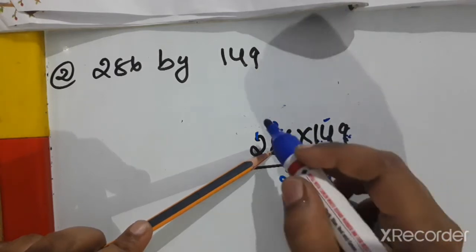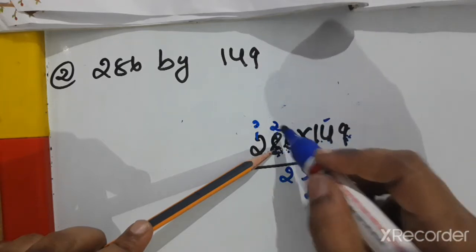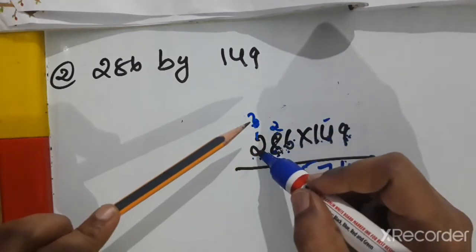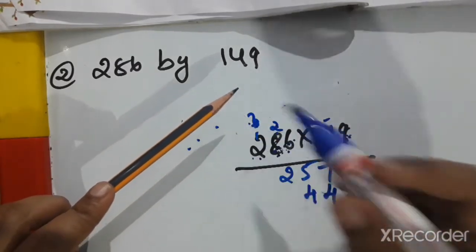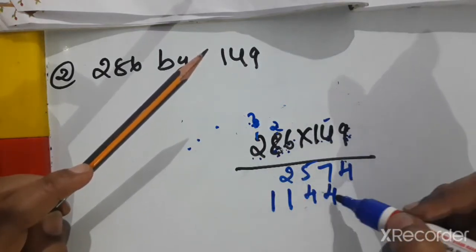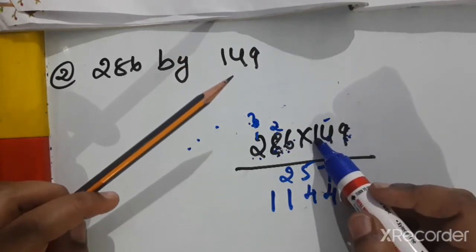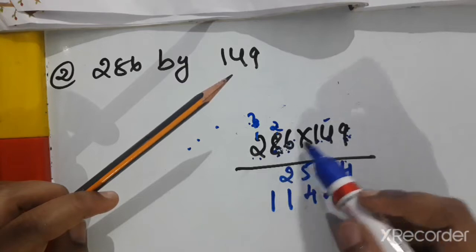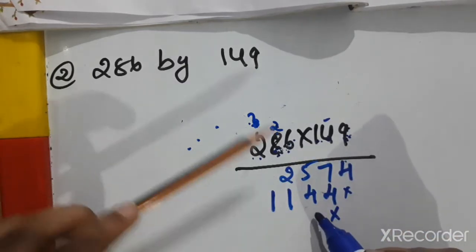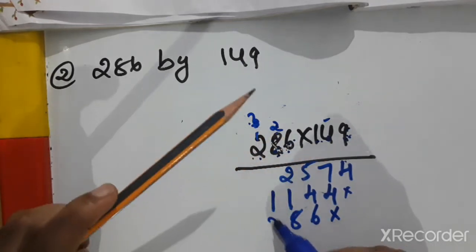So 4 here and 3 carry out to next place. 4 2s are 8. 8 plus 3 is 11. Okay, with 9 multiplication is over, with 4 multiplication is over. So it means we have to leave one place and write. And with 1 we have to multiply 1 into 6, 1 into 8, 1 into 2. So leave one space and continue. 1 6 is 6, 1 8 is 8, 1 2 is 2.